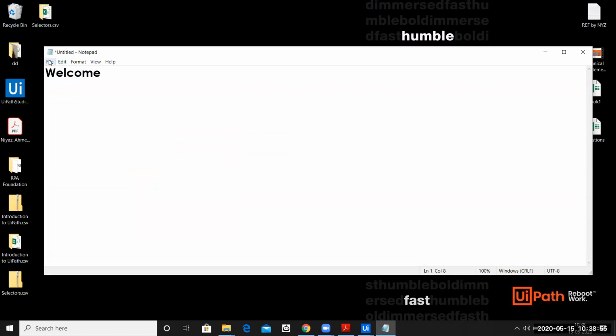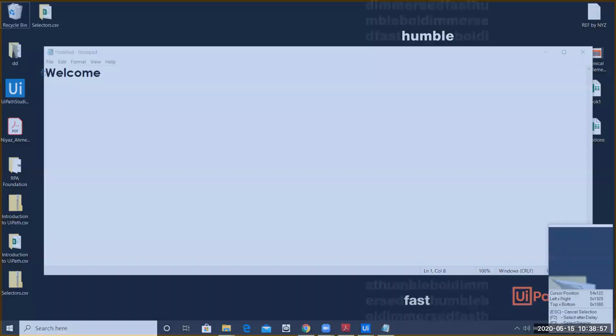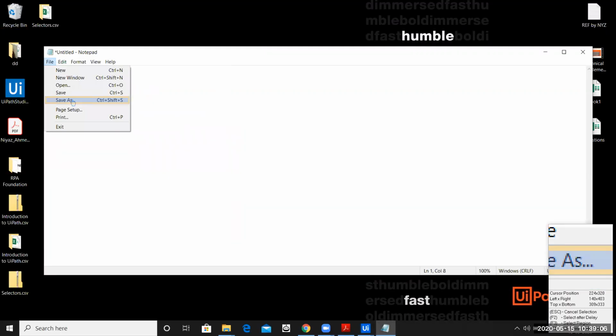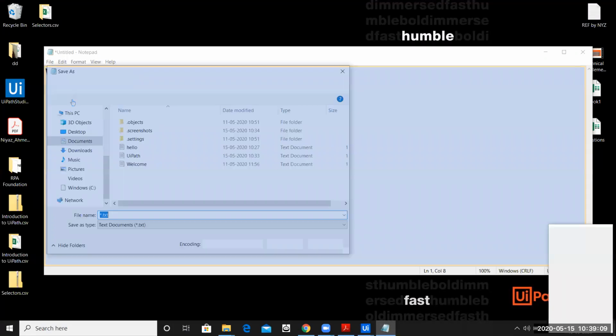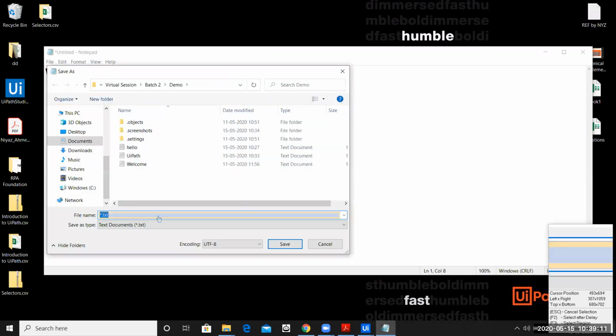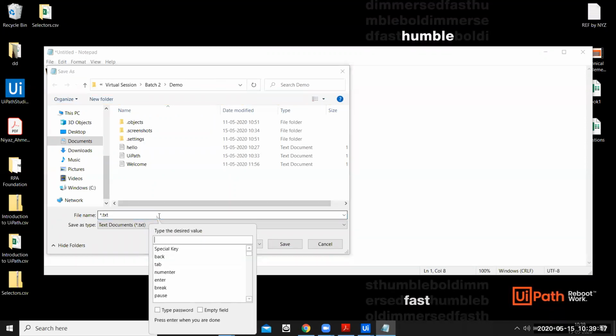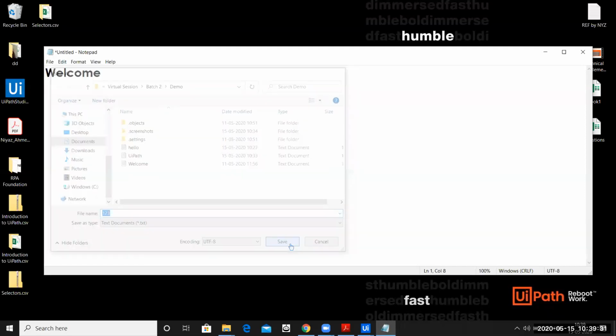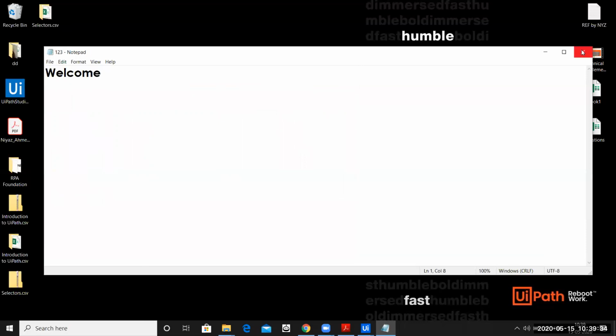What is the next thing that we need to do? We need to click on file. So I'll click on file. No anchoring. I don't need an anchoring at all. And then click on save as. There you go. So we'll wait for the new window to come up. And what do you do over here? We click on the text area, which is basically to write the file name. So let me say the file name is 123. I'll empty the field over here and I'll say enter. What do we do next? I'll click on save, and then the last thing is I'll close the notepad application.